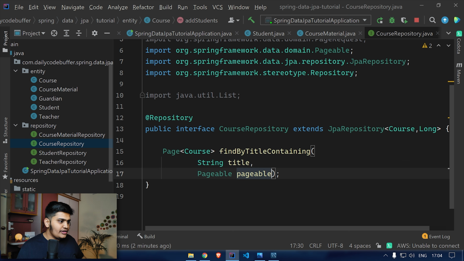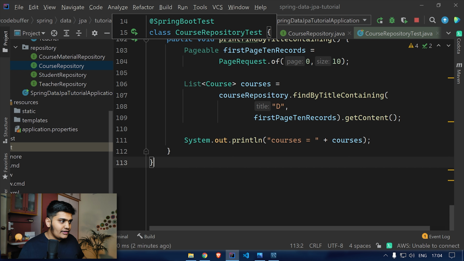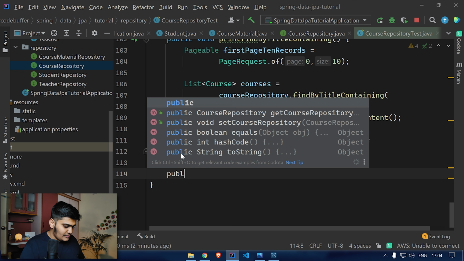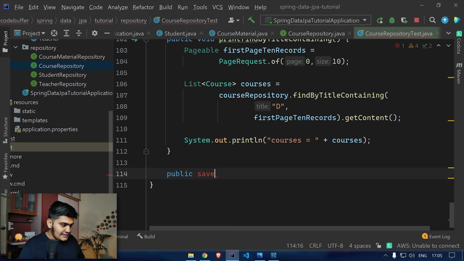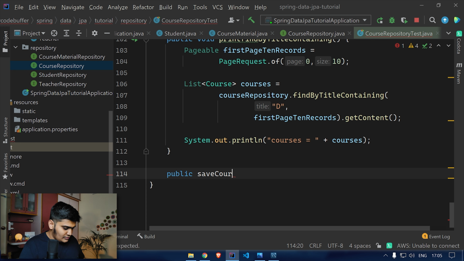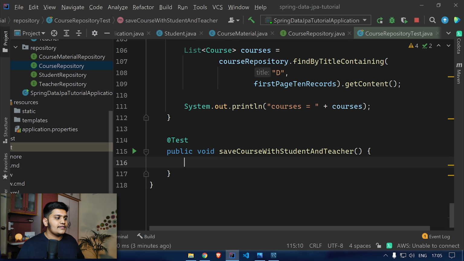So let's try this out. In the CourseRepositoryTest over here, let's implement one method. Public void save. What we'll try to do is save a course with a student available. Save course with student and teacher. Public void, @Test. Course equals to